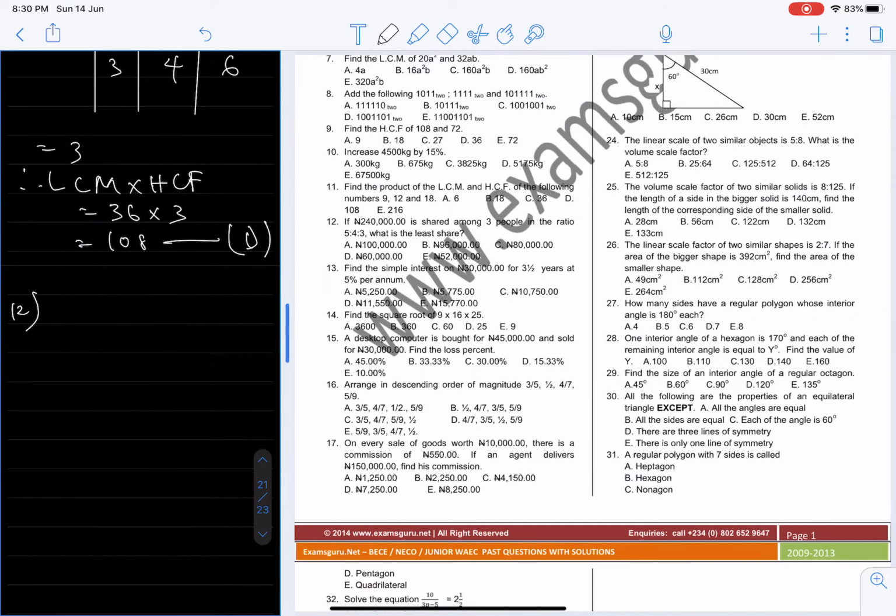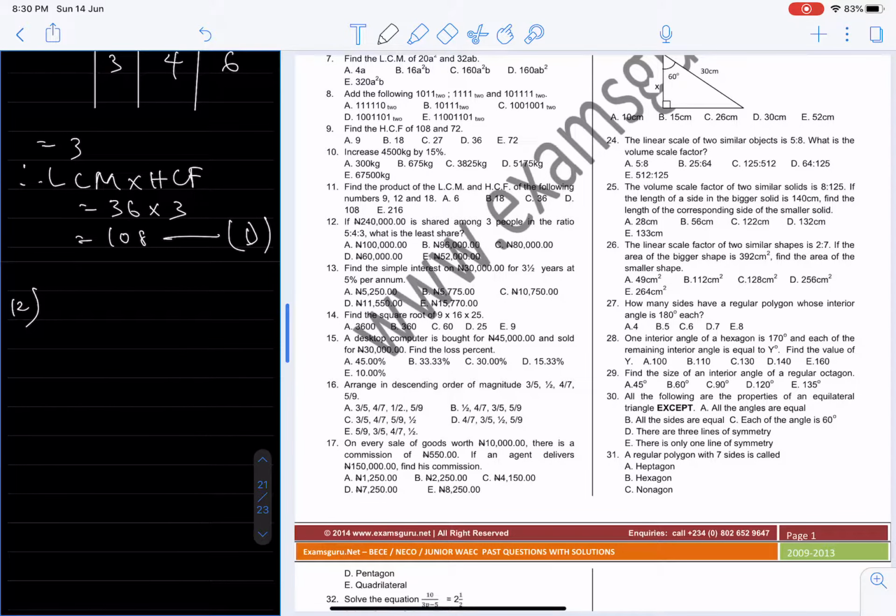Now to number 12. If 240,000 is shared among 3 people in the ratio 5 to 4 to 3, what is the least share? Of course, the least share is given by the least ratio. So least share equals least ratio, which is 3, divided by total ratio, which is 12, multiplied by total amount of money shared,